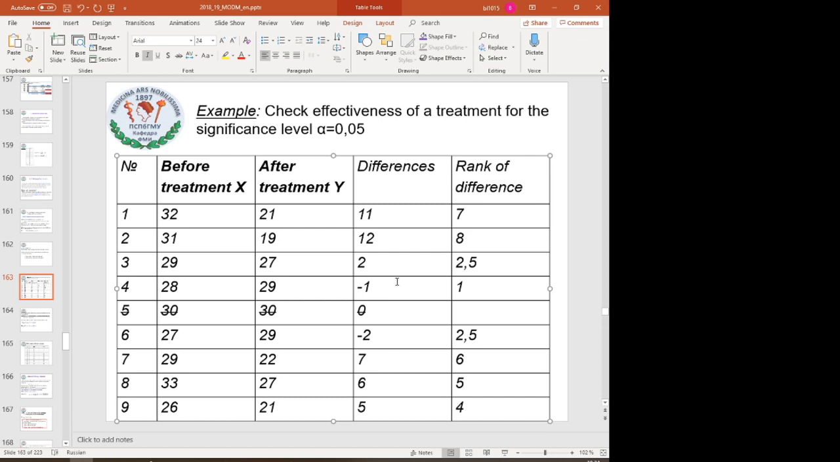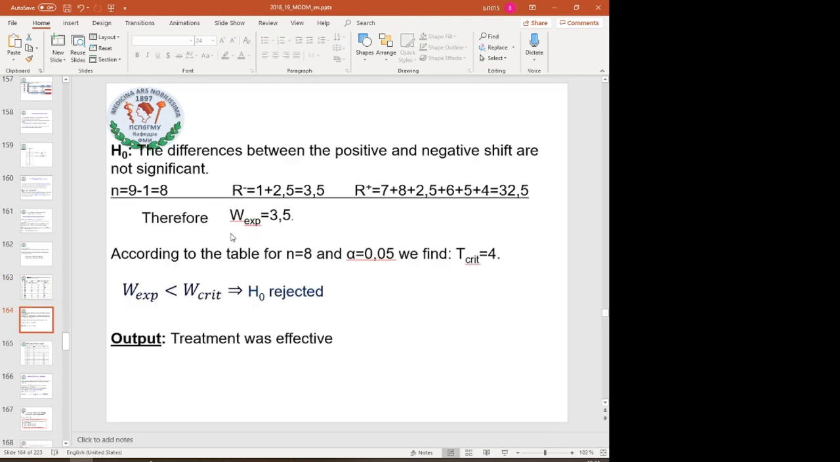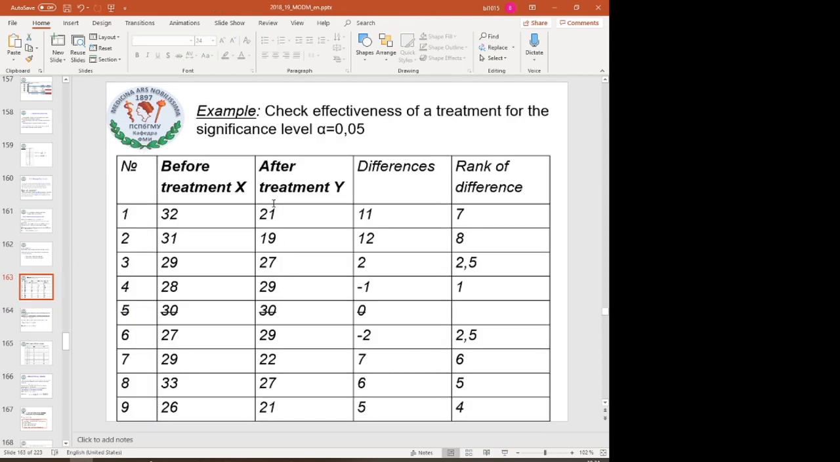If we had no such patients with negative values, then minimum would be just 0. So if our treatment is effective, all patients have positive shifts, then experimental value is just 0. And the more differences between patients, some of them decreased the value, some of them increased the value, the more differences, the greater